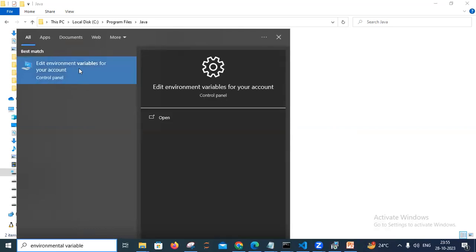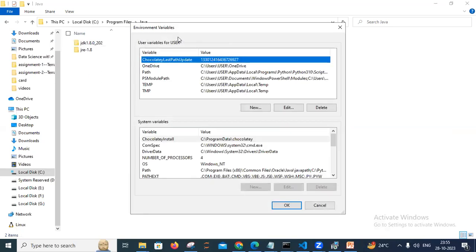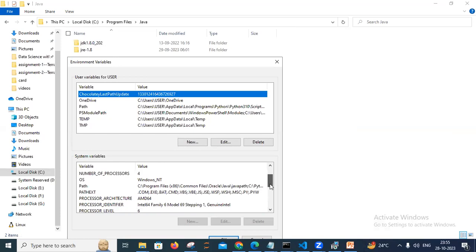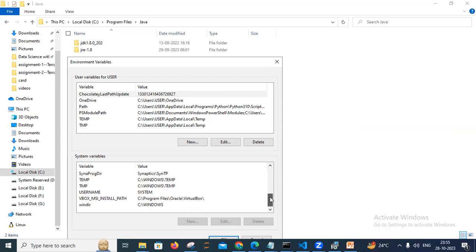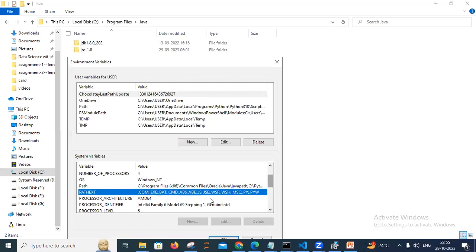So click on read environment variables, you can see, and this pop-up will come, and you have to set the variable path of the system to write. I already have created this thing. So you can see just